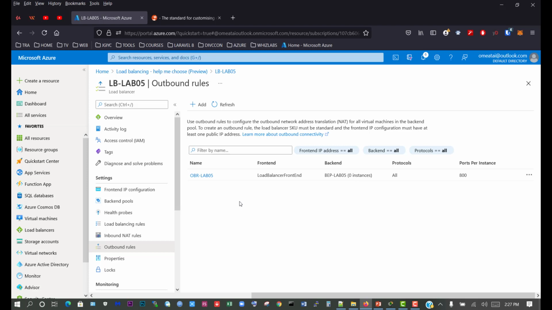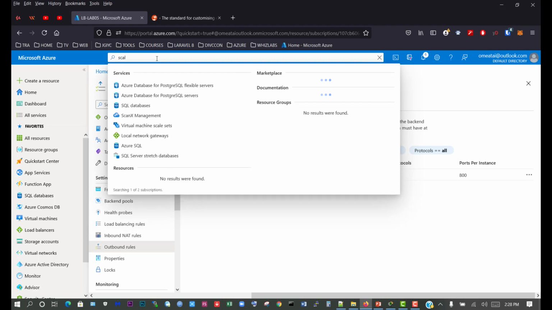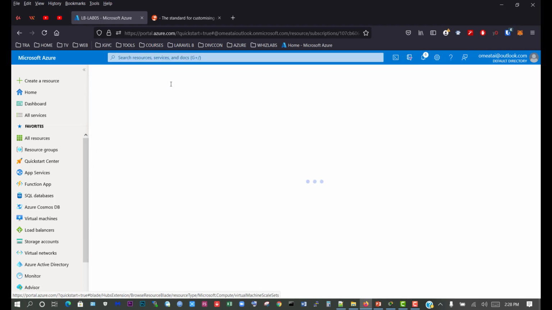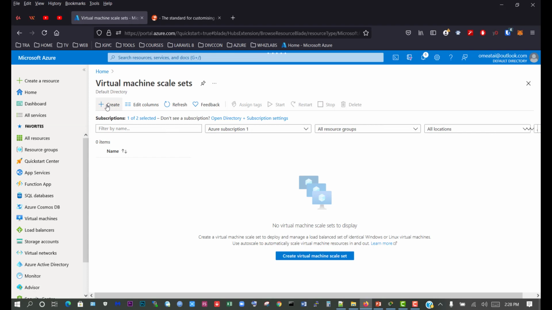So let's go and create the virtual machines, but this time instead of creating them individually, we're going to use the VMSS, that's the virtual machine scale set. So come up here and search for virtual machine scale set. So just type in scale set, and we can see virtual machine scale sets. Click on it, and now we need to create the scale sets. So click create,